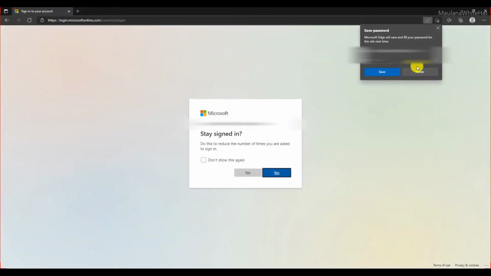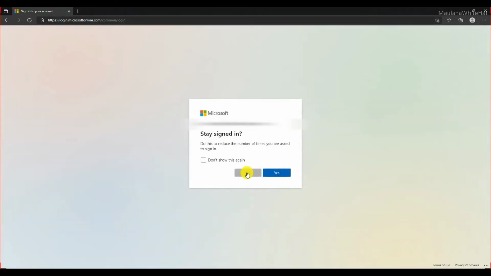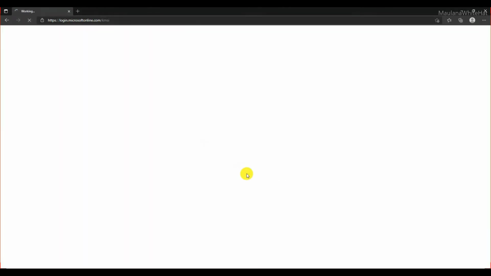As soon as you enter your password, you'll be prompted to a screen that says, do you want to stay signed in or not? I'm not going to stay signed in because I don't want anyone else who uses my computer to just be able to log in and access my files and stuff. I'm going to click no. If you are the only person who uses your laptop or your computer, it's no big deal. You can do it. It doesn't really matter. After you are free of that step, you will be faced with your dashboard.